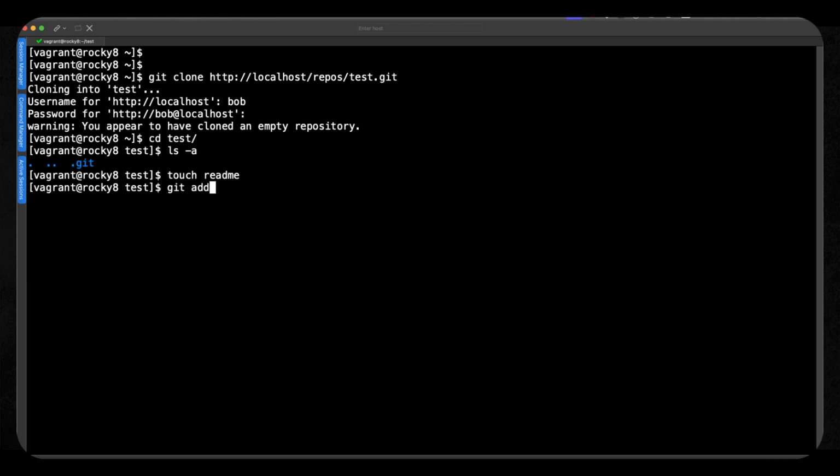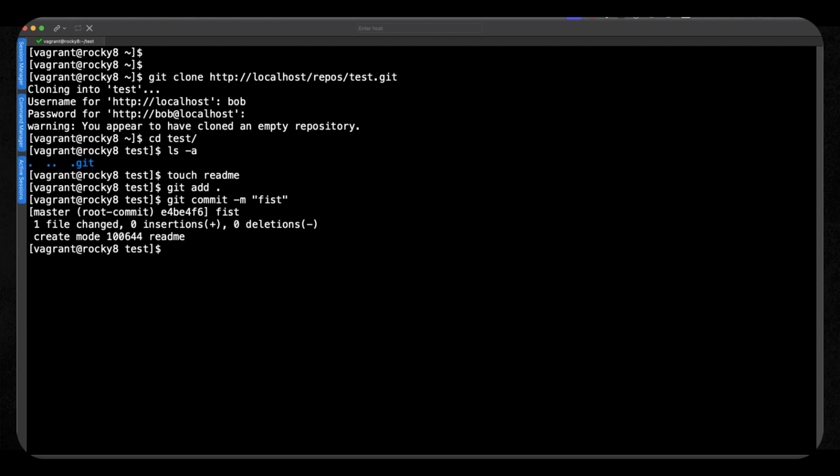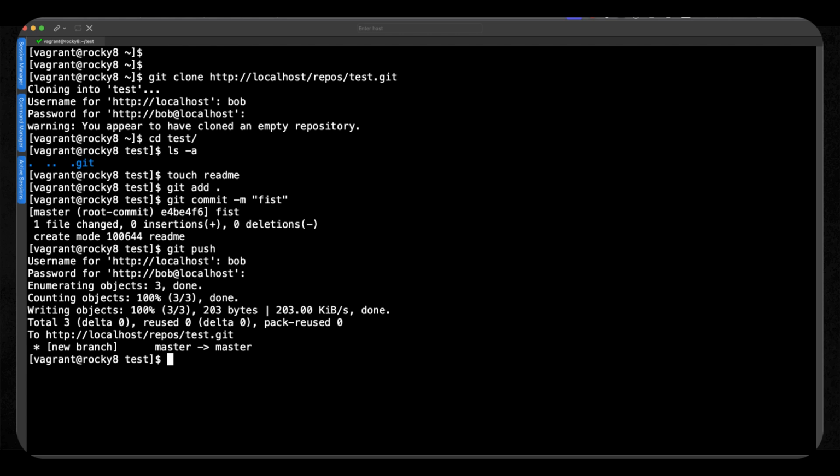And then we can run our normal git add. And then our git commit. I can run the git commit because I've now created my git user name and user email. And we can just say it's our first commit. So that's all working locally. We're not really testing anything until we do our git push. So we're pushing back to the web server now. We can put in our username and password, and we can see now that we've created the new branch master on the server. So we now have content on our Git repository.